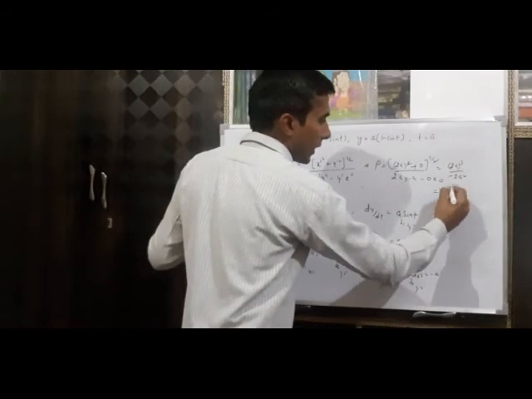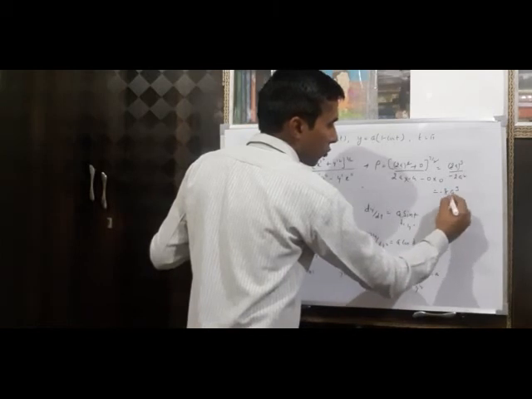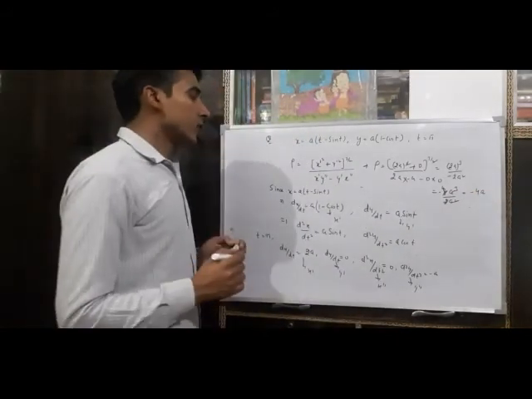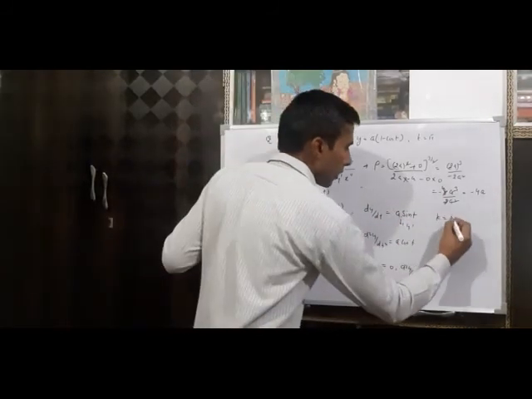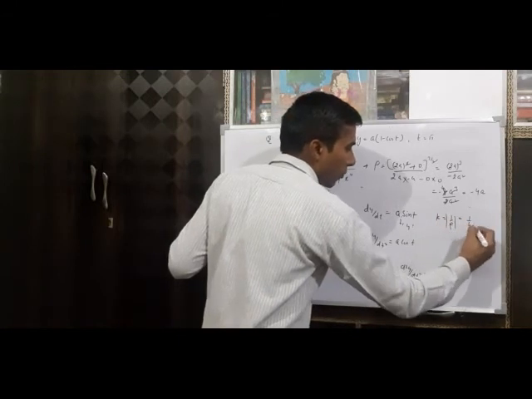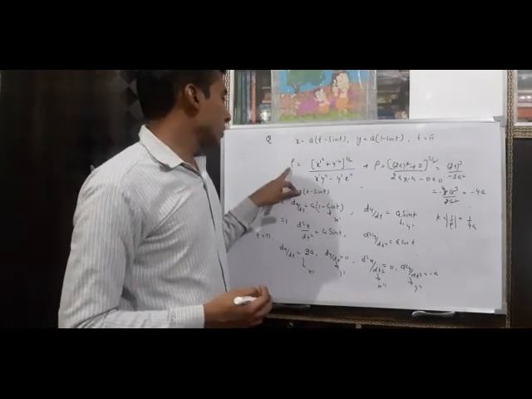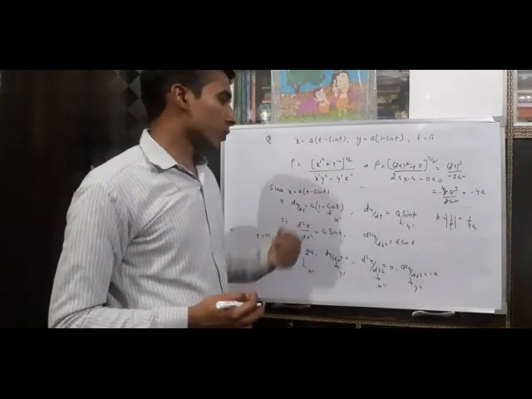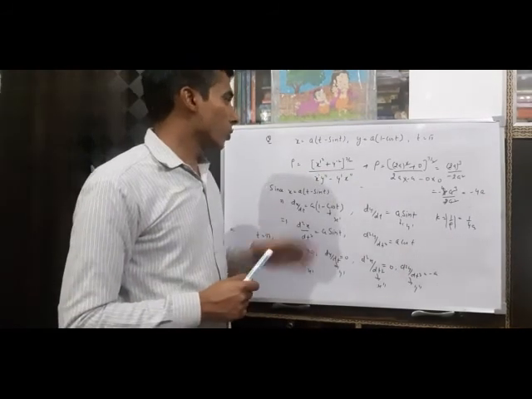So it will become 8a cube, and in the denominator this is 2a square. 2 fours are 8, a cube over a square is a, so this is minus 4a. So the radius of curvature for this is minus 4a. The curvature is 1 upon rho, and we always take the positive value, so this becomes 1 upon 4a. So in case of a parametric equation, using this formula we can determine the radius of curvature, and the curvature is 1 upon the radius of curvature, which is 1 upon 4a for the given example.